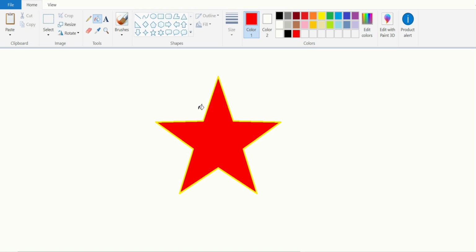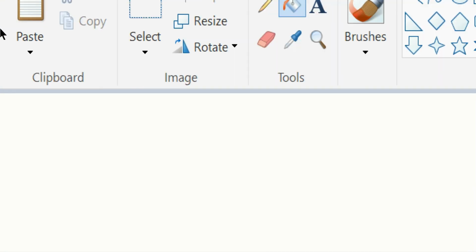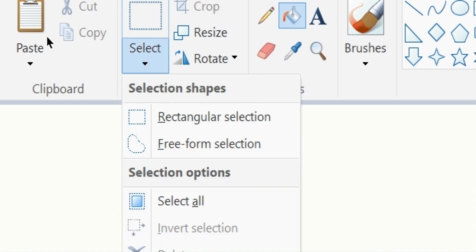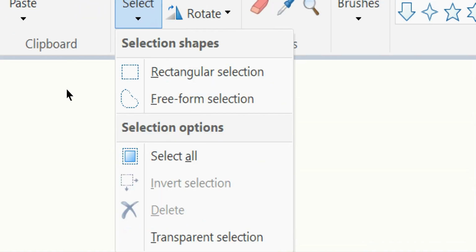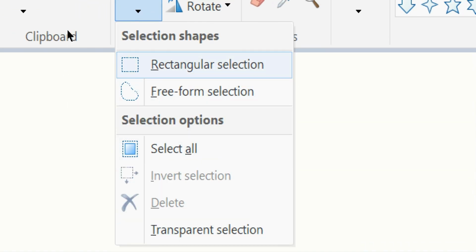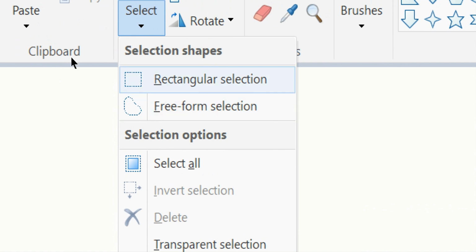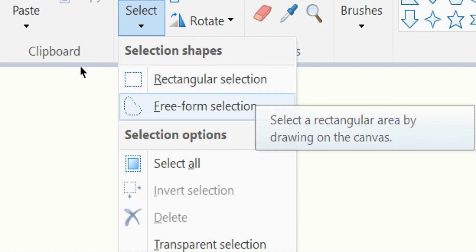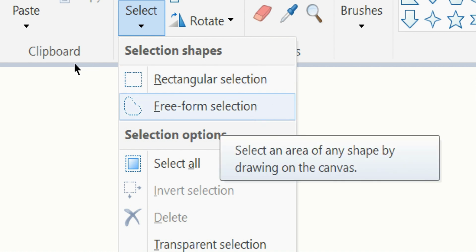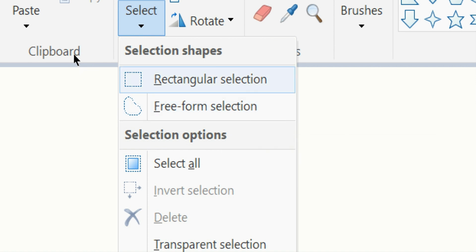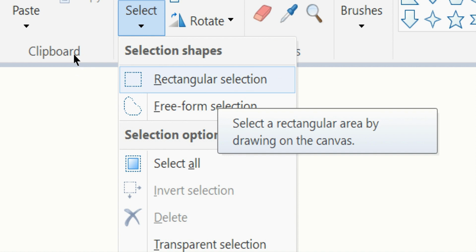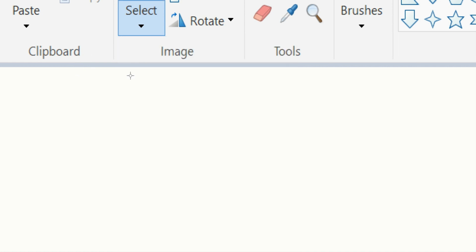Select button is present in the image group of the home tab. Click on the select tool. It opens a drop down menu. Two types of selection tools are there: rectangular selection tool and freeform selection tool. Selecting rectangular selection tool selects the object in rectangular or square form.